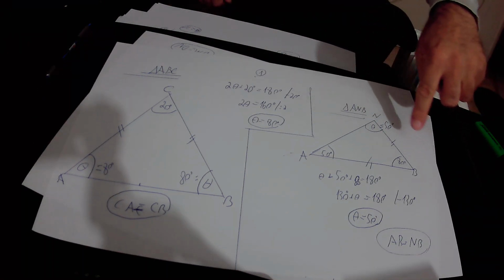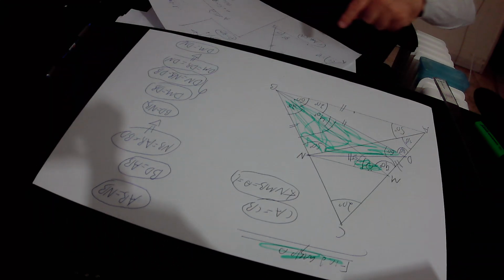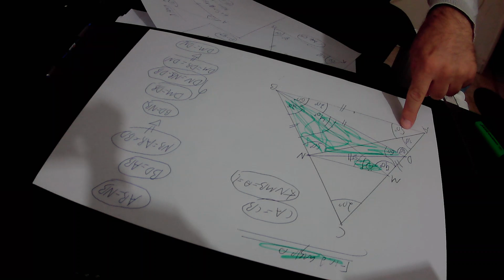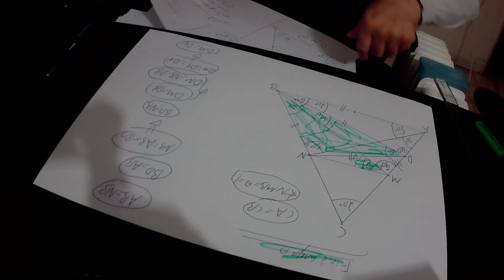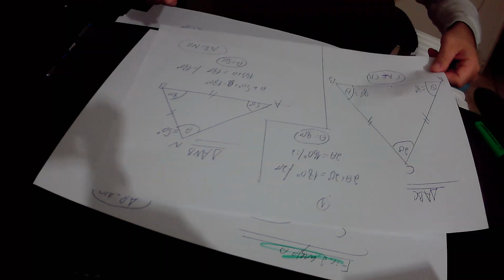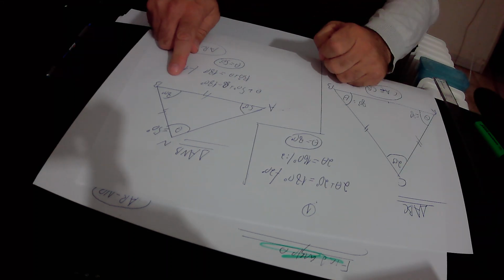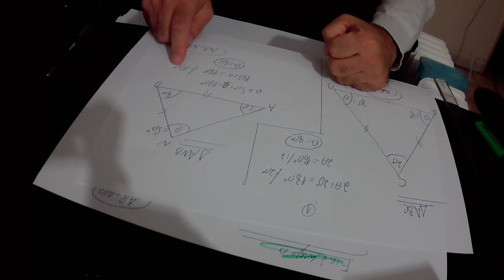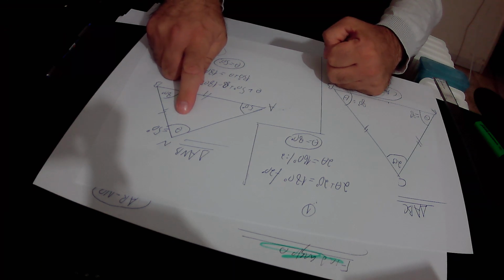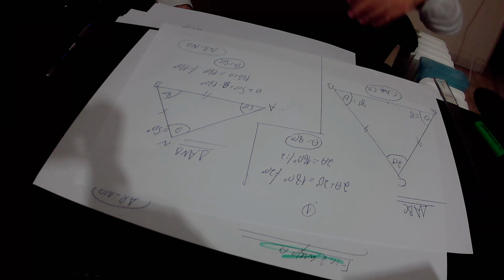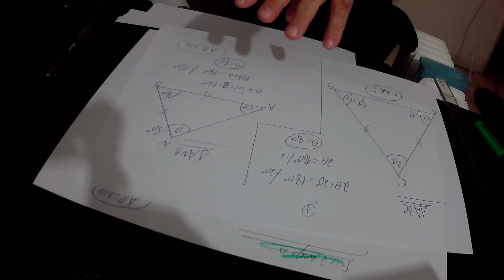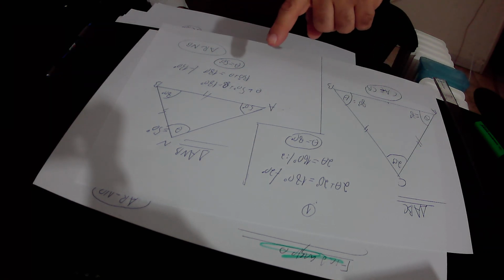This is triangle NAB that I copied from the original drawing. Angle NAB equals 50 degrees in size, and angle NBA equals 80 degrees in size. Those are the two angles. So we define the missing angle here as theta. Again, according to the rule that the sum of the angles in any triangle is equal to 180 degrees, in triangle ANB it means that